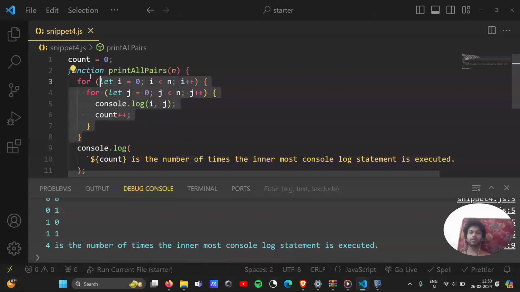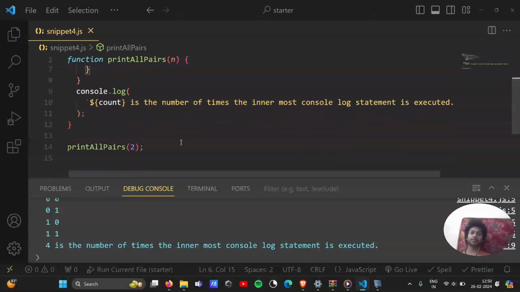You can understand the overall time complexity of this is n square. Times this will run, n times this will run, n times, the overall times that this inside for loop's inside statements will run will be n square times. Counter variable ऐसे काम करता है, आपने देख लिया कैसे काम करता है, हर एक iteration में वो update किया जाता है, इसी वजह से हमें मिल जाता है।